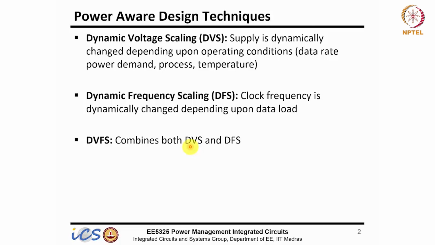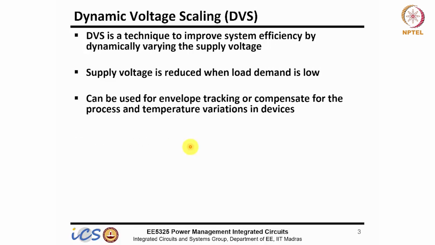And you know that your power in any switching circuit is CV square F. So if you reduce the voltage, you get the square factor, and now you reduce the frequency also, so you get a cubic advantage here. And that's why in most processors, if your performance reduces, you reduce the clock frequency as well as voltage.